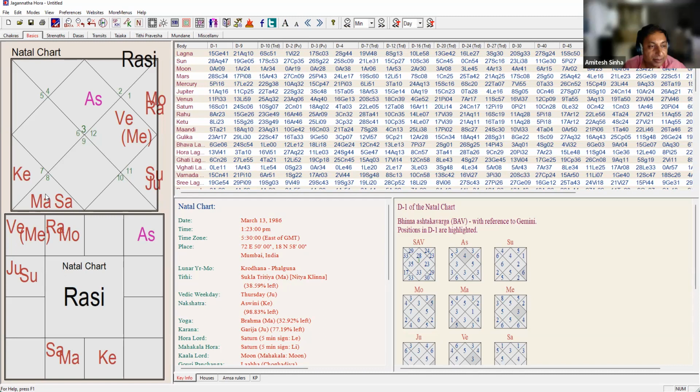Yes, with Mars, an enemy planet. Now the third step, which Parashar Rishi says, is to see the same number of house from Saturn, because this is a Karaka. 6th house from Saturn: 1, 2, 3, 4, 5, 6. Aries. The Lord is sitting with Mars and Saturn itself. Here Moon and Rahu are present. This is how we do. These are the 3 rules of Parashar given in BPHS. So every event you should see in terms of the Karaka Tattva and the same number of house from the Karaka Tattva.